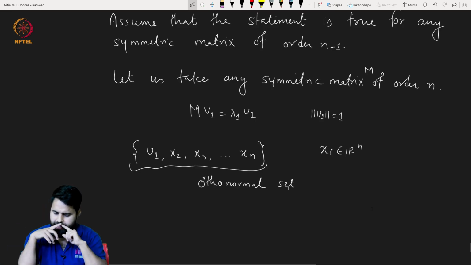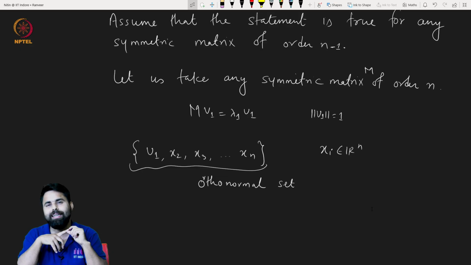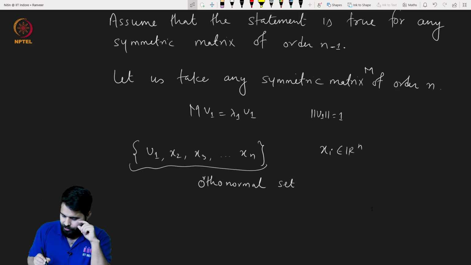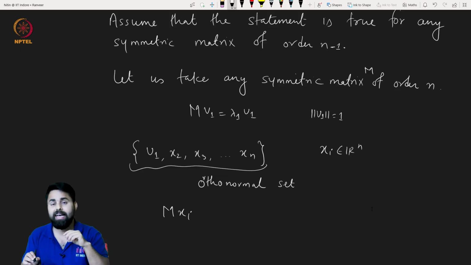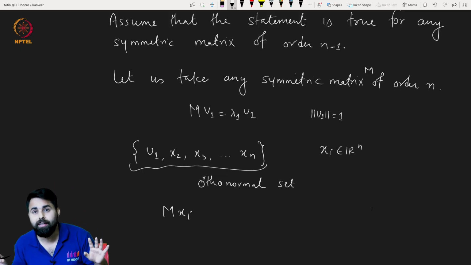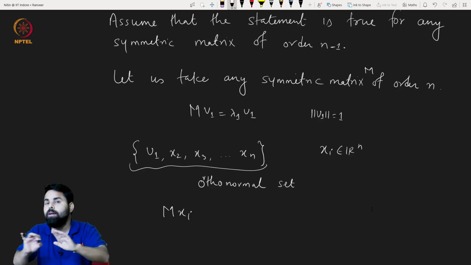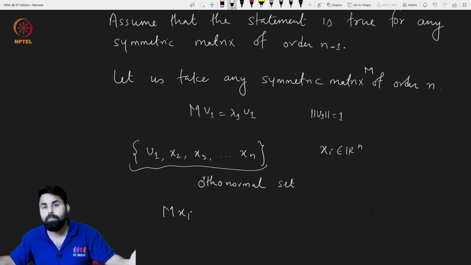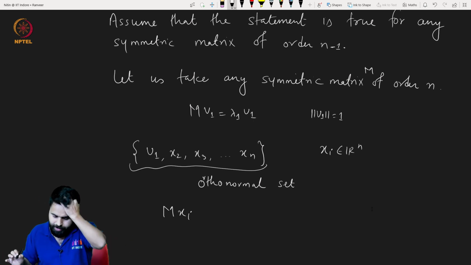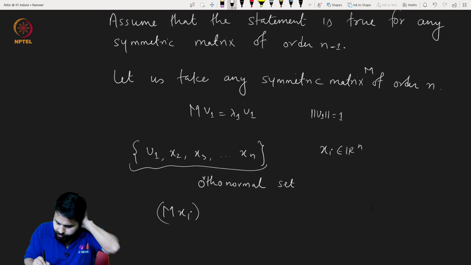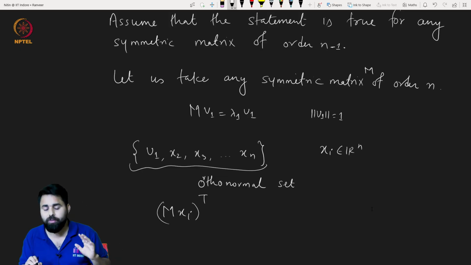Remember one thing: since the matrix is symmetric, if I operate this matrix on some vector xi, remember this xi need not be an eigenvector. Be careful here. Only v1 is an eigenvector. I am not talking about whether the xi's will be eigenvectors or not. They can be any vectors. Now if you take the dot product of M xi with v1,